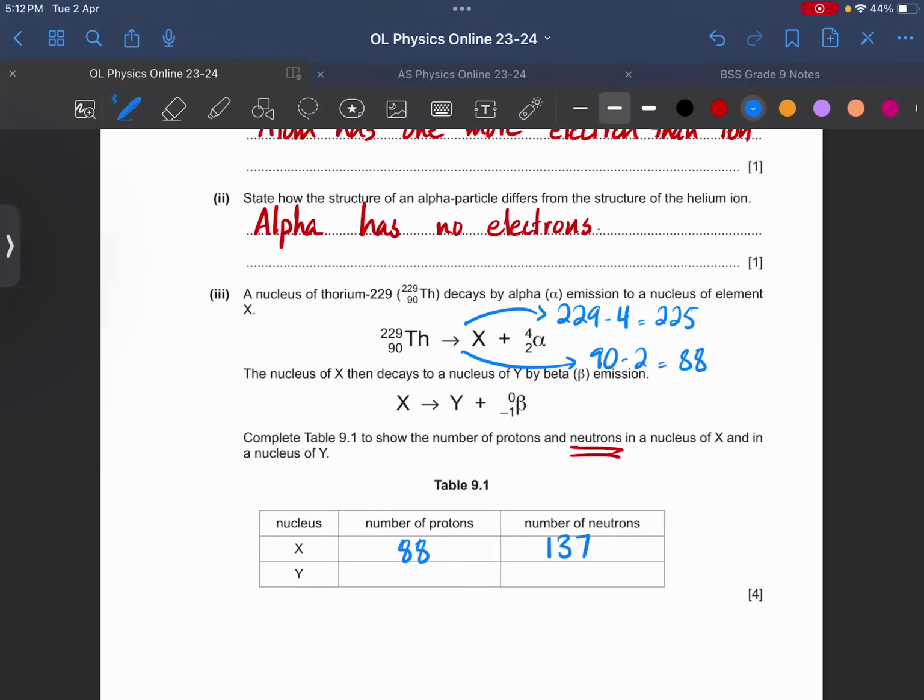और फिर y के लिए, so now I know that x is 225 and 88. ठीक है, फिर ये बन गया y, जाहिर सी बात है ये एक से बढ़ेगा और इसको कोई फर्क नहीं पड़ेगा। So number of protons is 89. 225 minus 89 is now 136. All right, आगे बढ़ते हैं।